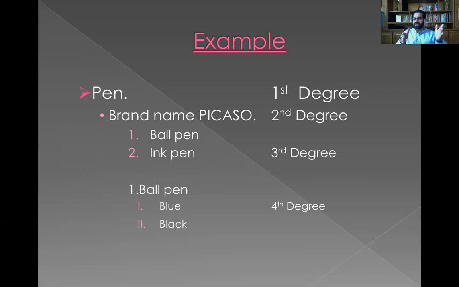And the fourth degree is, if it is a ball pen or an ink pen, is it blue or black? So it's blue. So this is how we are completing it, making it systematic from general to specific and yet the most specific. I'm giving the basic example so that you understand. So talk in an order of coherence, putting the important on the top, and then filtering it down to the narrow thing.